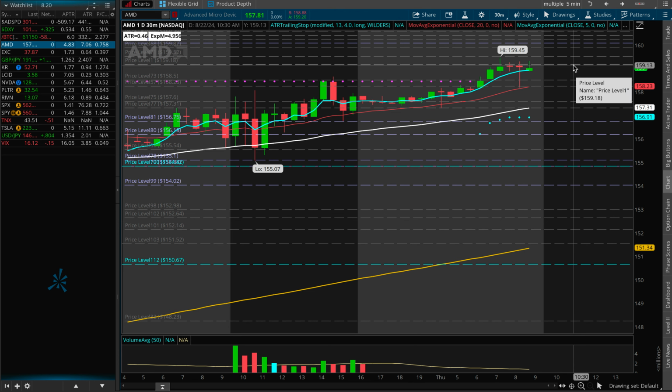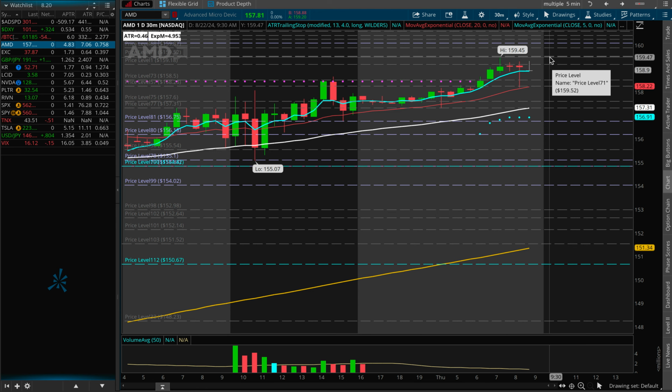So to the upside, where are our trouble places for AMD? We will need to break back above 159.15. Beyond that, 159.47 is going to be a trouble place. Above 159.47, 159.83. Above 159.83, 160.08, 160.22, 160.36, 160.56. Those are going to be places that we could very well get rejected and come back to the downside. Now, to the downside, if we come back under this 5 EMA again at 158.87,